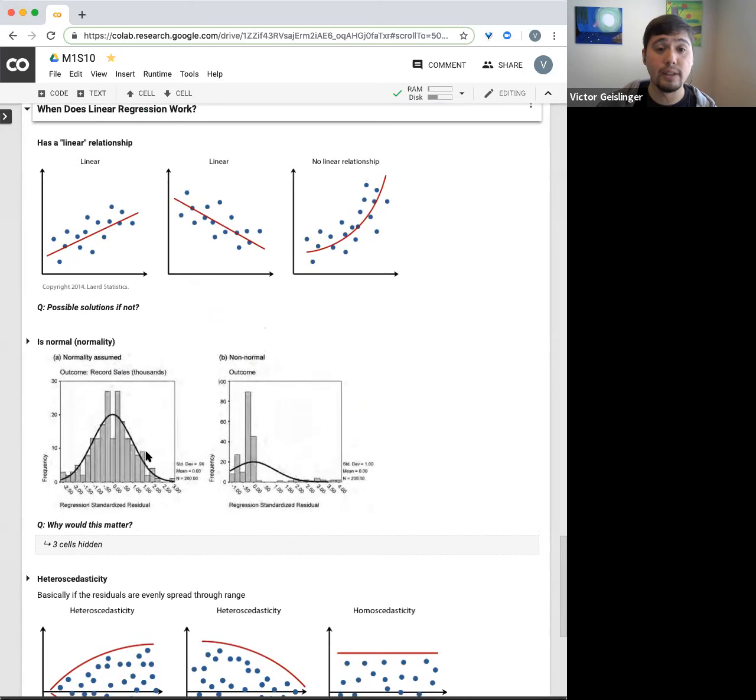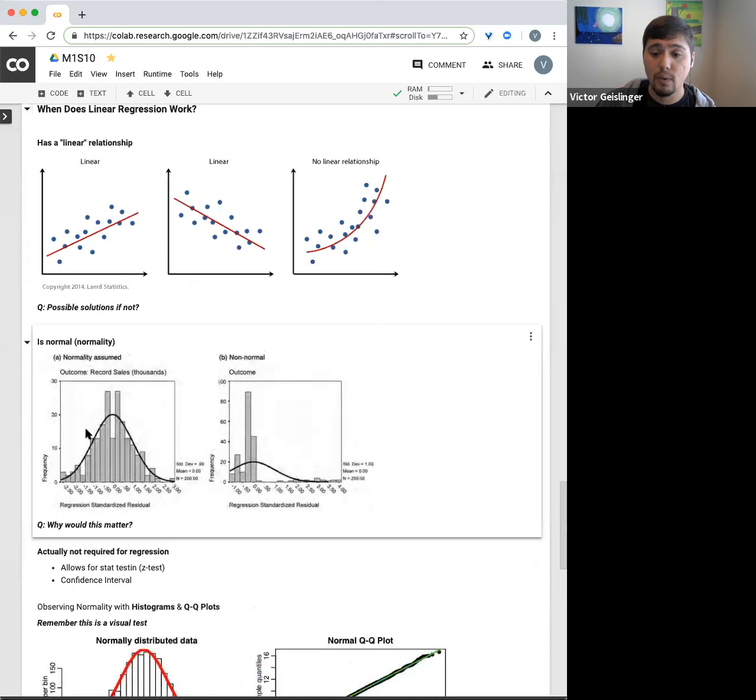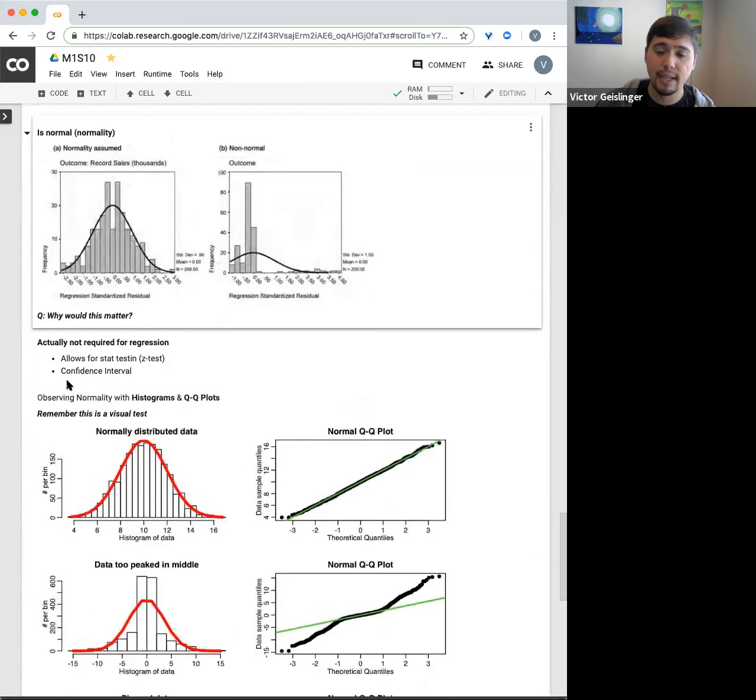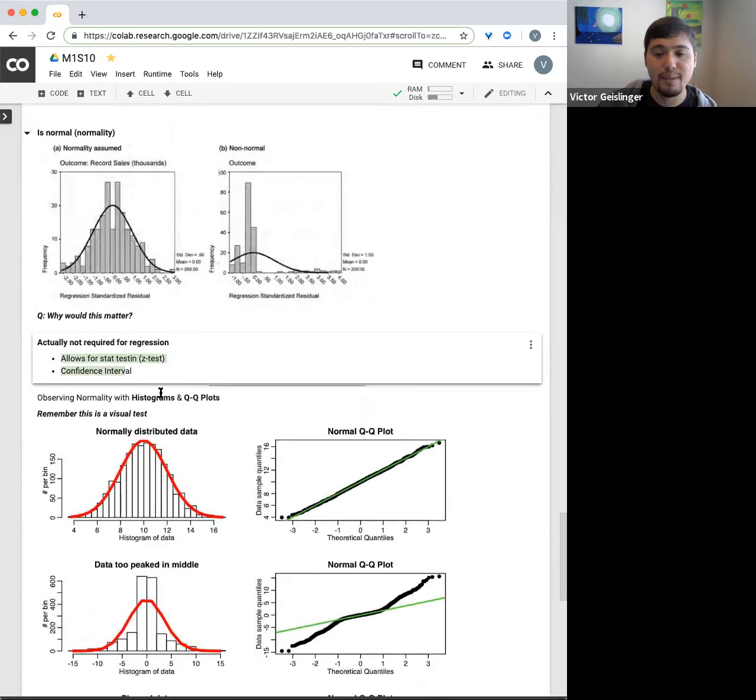It will give you an answer. It can help explain things. It's not necessarily required that the data is normal. It's just that if we have it normal, we love normal curves because we can do statistical testing on there. So when we have this, basically, we can do some stat testing, for example,